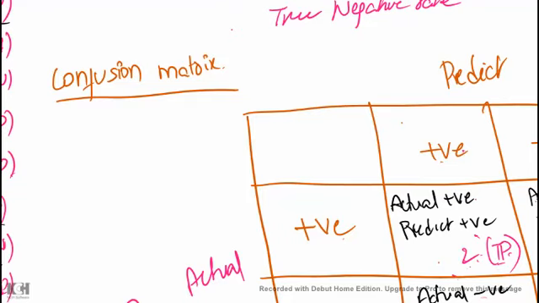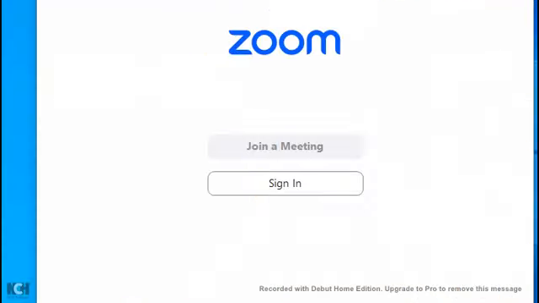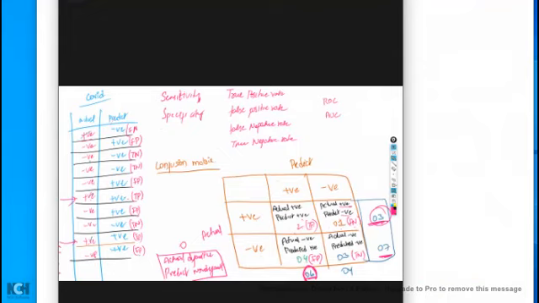Is it okay if I continue, or should I stop so you guys can practice? Okay, let me stop here. Please practice. In tomorrow's class, we'll discuss the remaining part: sensitivity, specificity, true positive, false positives, and ROC and AUC. All these things we are going to understand. Once we understand the evaluation metrics, then we